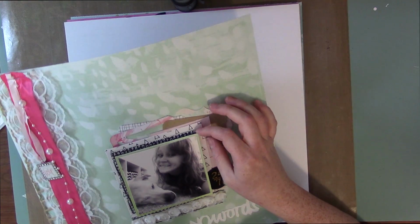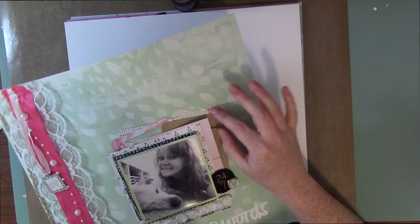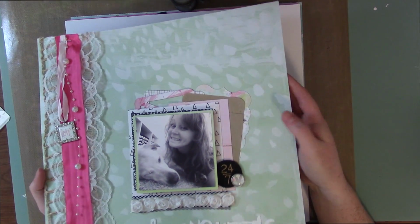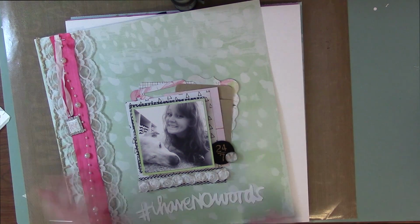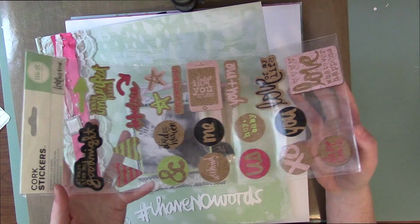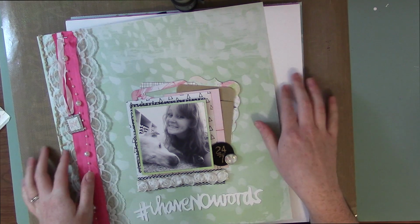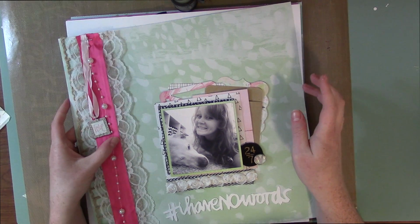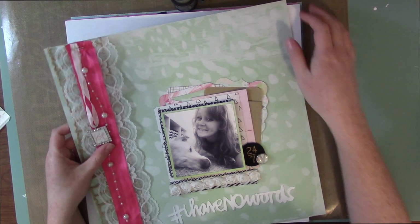So I just did some layering back there, and then there's some of the cards, and this is like a little baggie, but I just left it. I liked it how it was. And then I also got the cork pieces right there. That's one that comes in this package. So I used a cork piece, and then with Epiphany Crafts, they were doing a